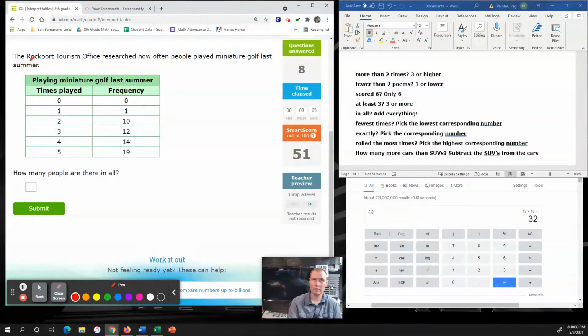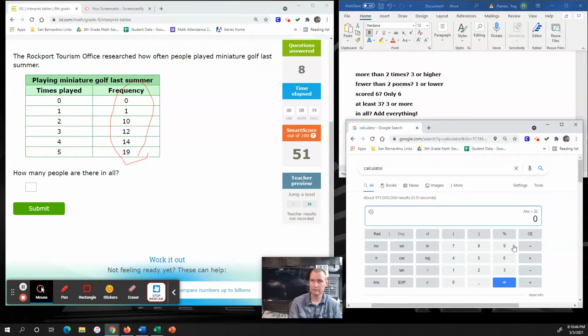All right. The Rockport Tourism Office researched how many people played miniature golf last summer. How many people are there in all? So this is just an adding question. We're going to add the frequency of people. So we got 1 plus, by the way, I'm not adding 0 because you don't need to add 0. There's nothing there, right? So we'll start with the 1 plus 10 plus 12 plus 14 plus 19 takes us